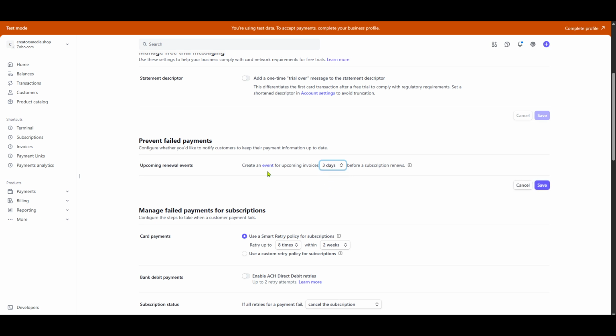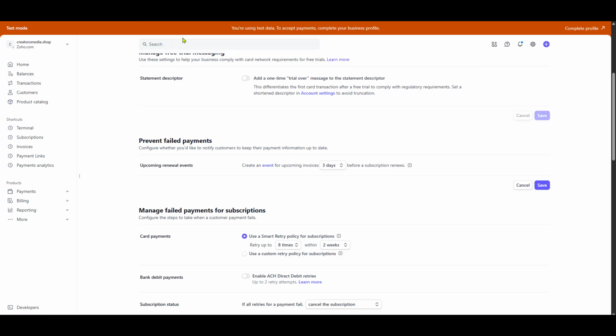As you make these adjustments, consider using the tools Stripe offers, like automatic card updates and email notifications for expiring cards. These features can be pivotal in maintaining a smooth transaction process and minimizing disruptions in your revenue stream. Don't forget to save any changes you make before navigating away from the page.